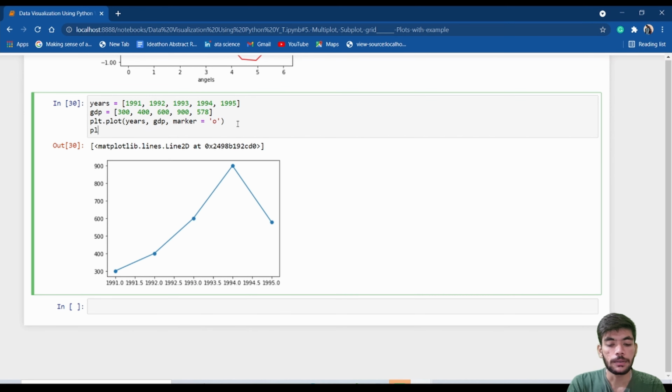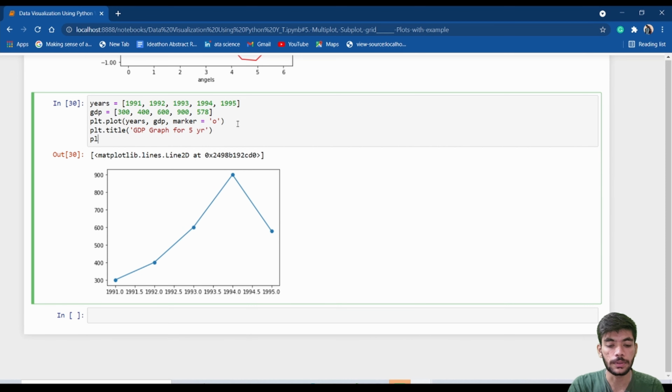Again here we will write plt dot title. We will write title as GDP graph for 5 years. Then we write plt.xlabel.